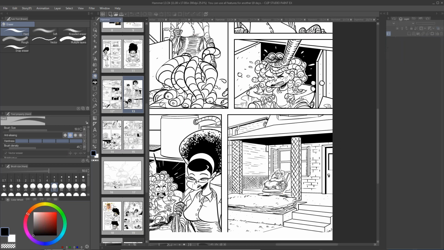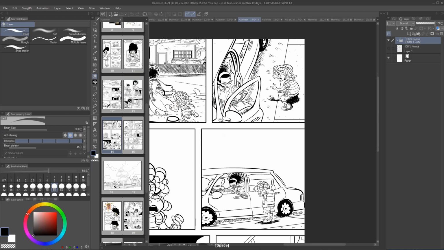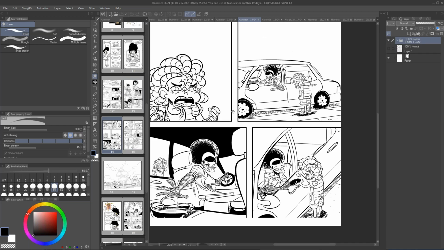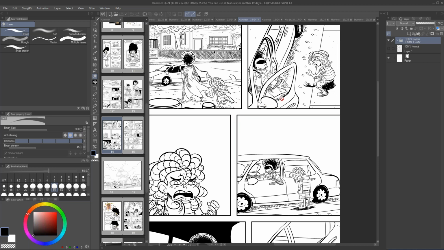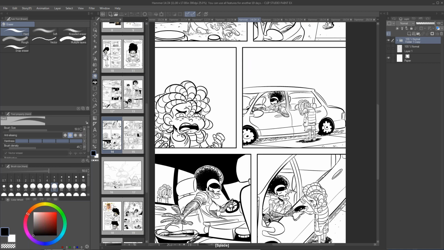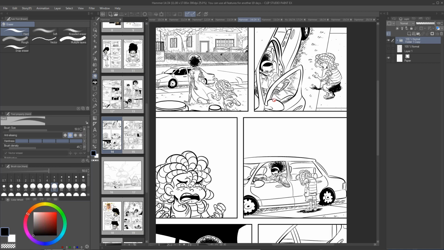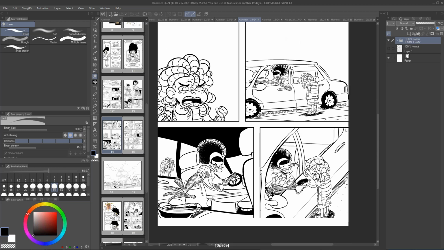You know, there's several things that you can do. Like I said, when you create a comic and you're trying to make the eye flow for the reader, being able to lead the eye in that way is very difficult, and it takes practice. And like I said, it also takes planning. That's why thumbnails are so important. So definitely keep that in mind.